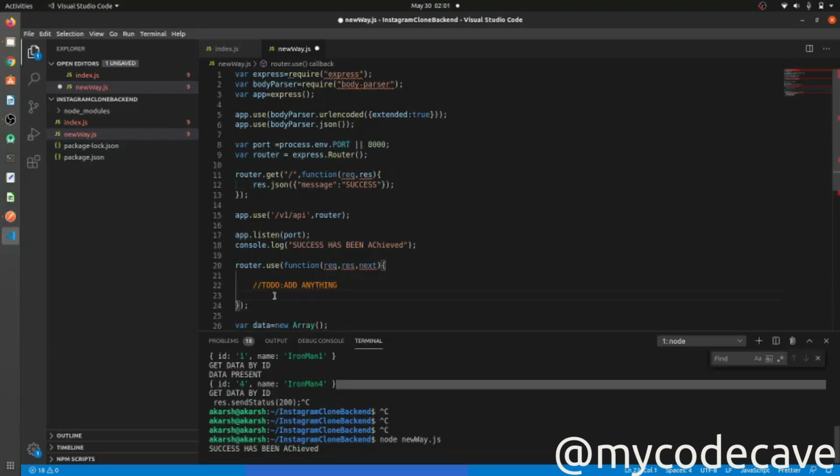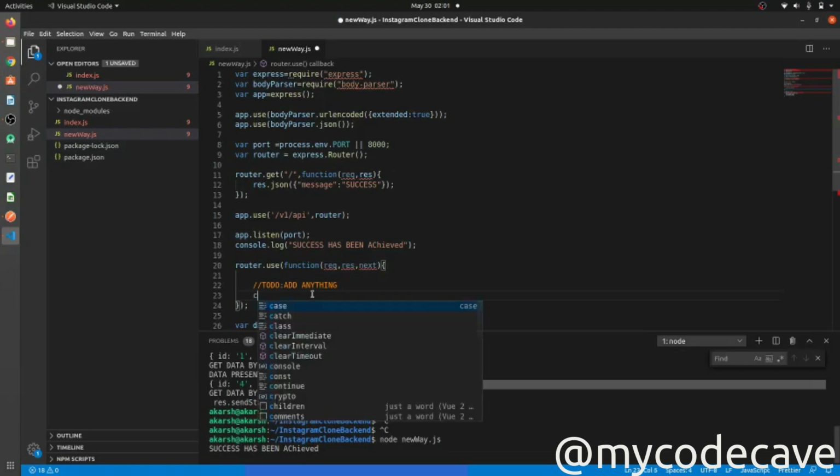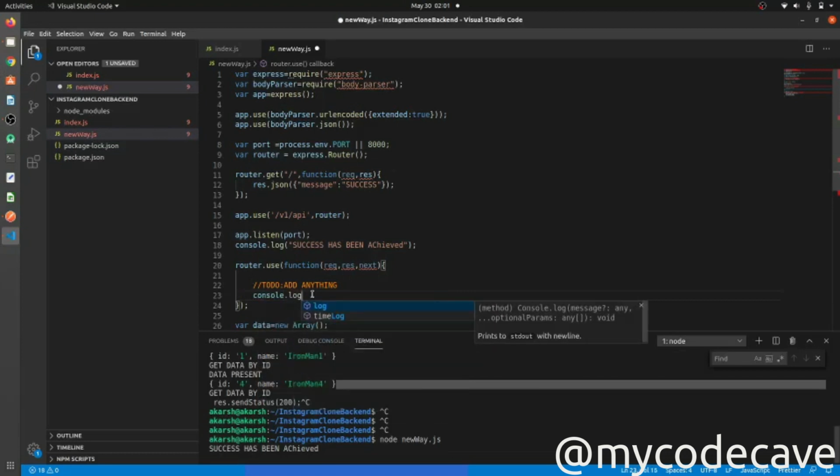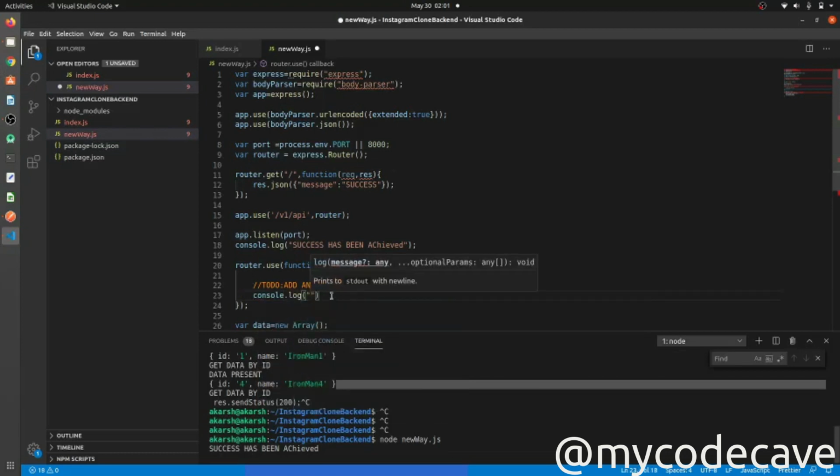You can add anything, like if you are sending a REST API, in the header just pass the authentication, like you send the username and password, and check your username and password here. You can check on the database level also, and you can check here whether your username and password are correct or not. This is a way of checking whether your REST API is going well or not. You can just do magic here. And after that we will call the next function. Basically it is a callback.